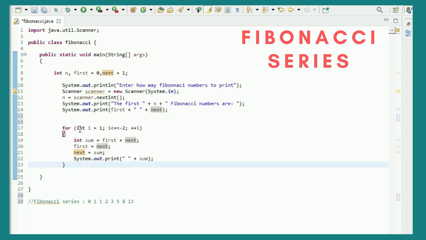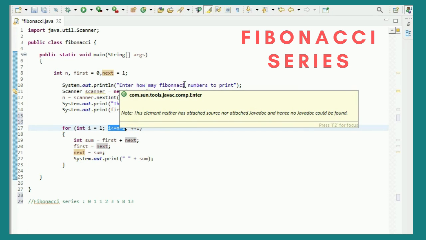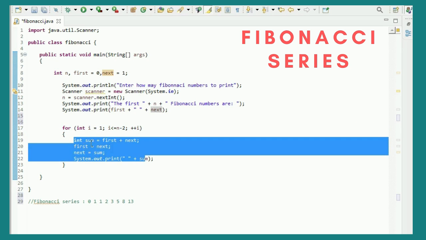I'm defining an integer variable i equals 1, and I'm comparing it with n minus 2, that is, i is less than or equal to n minus 2. So the total number of Fibonacci numbers that I need, if i is less than n minus 2, then it will go inside this loop and perform the operations.